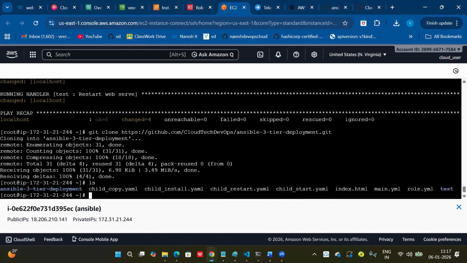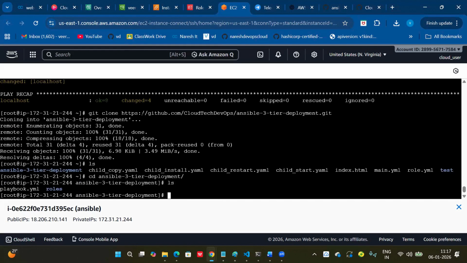Definitely we will get an error. Ansible 3 project. What do I need to do? Just apply the YAML file only. ansible-playbook playbook.yaml. This will call the roles. Number of roles are what? Common is there, git clone is there, front end is there, back end is there.